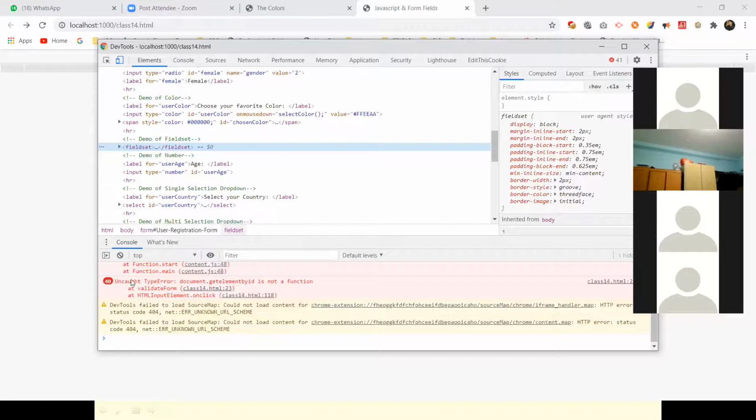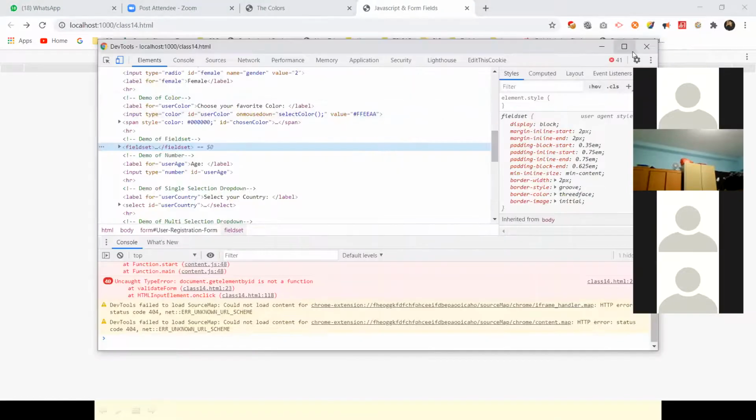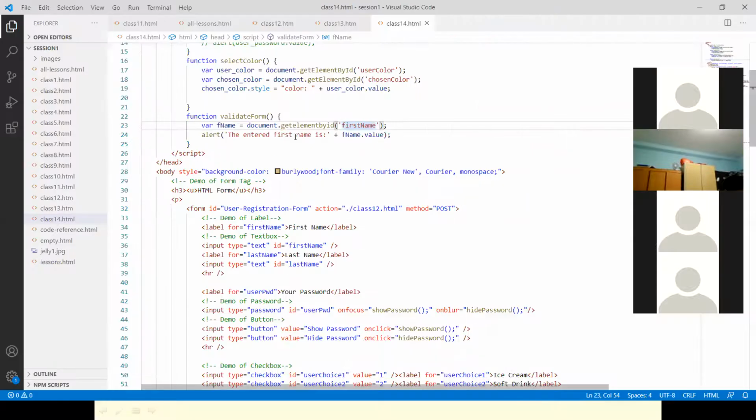See, uncaught TypeError: is not a function. No, the case insensitive one is the ID, only the D. Let me show you again. After fname.value, there is no single quote. No, not that one. The error is here. The browser is saying the error is in this part. The I should be caps, the B should be caps, and the E should be caps. So this is a built-in function, and it should be case sensitive.